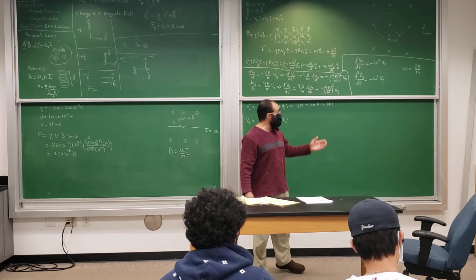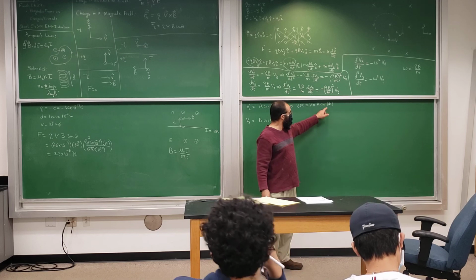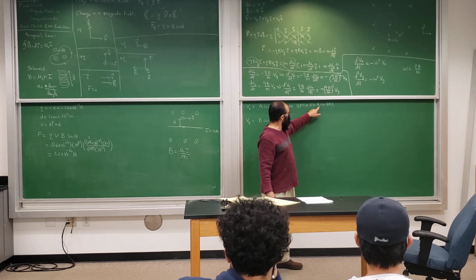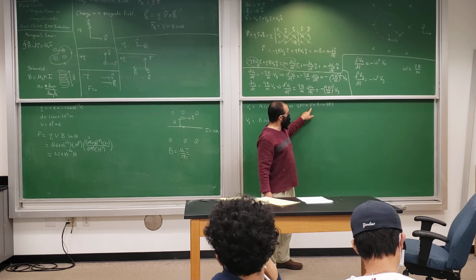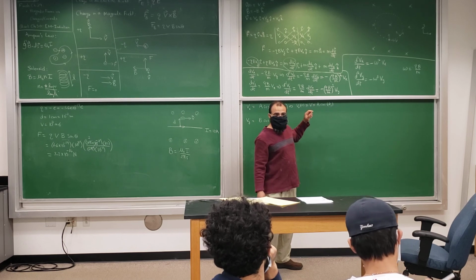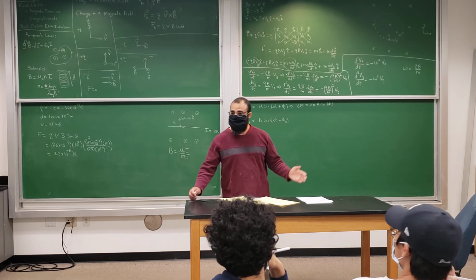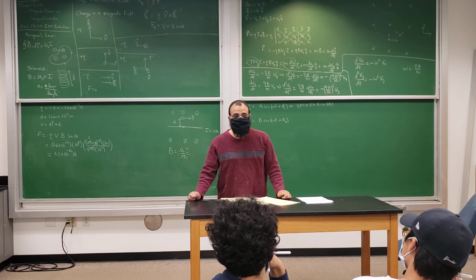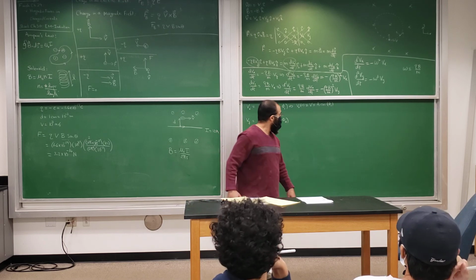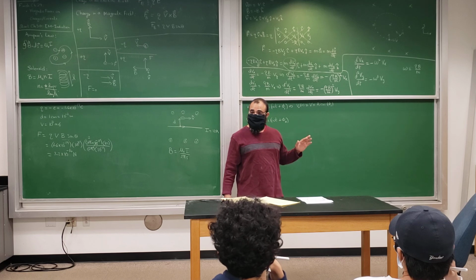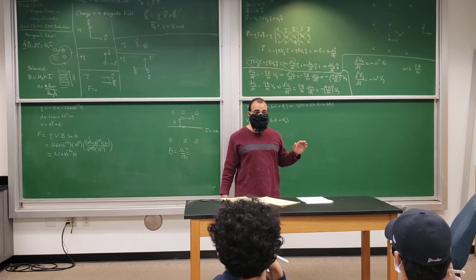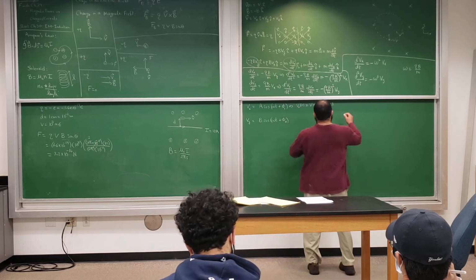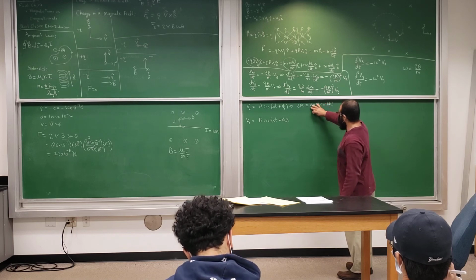Phi1 has to be what? Imagine I say phi1 is 30 degrees. What's cosine of 30? Square root of 3 over 2, which is less than 1. So that says A times something less than 1 is equal to v, so A ends up greater than v. But the maximum velocity is just v. The speed we're working with is v for this particle. So it's always v. And I would emphasize later that magnetic forces do not do work, meaning they do not change the speed. They don't change the kinetic energy of the object. Okay, so that's the argument. Phi is 0, and therefore A is equal to v, and so